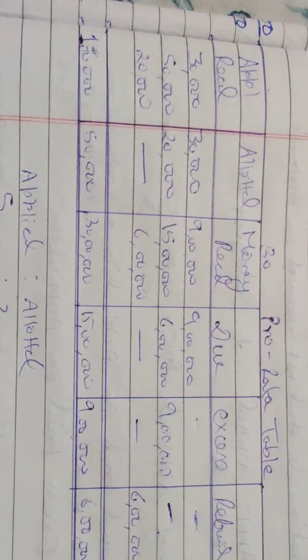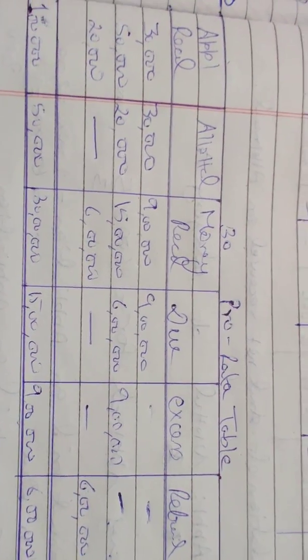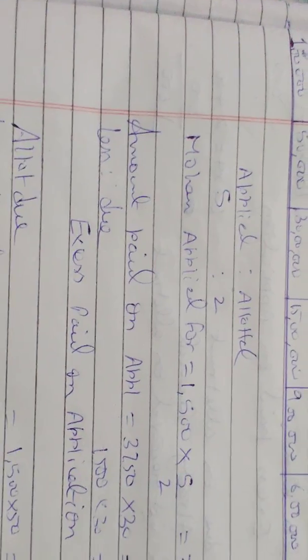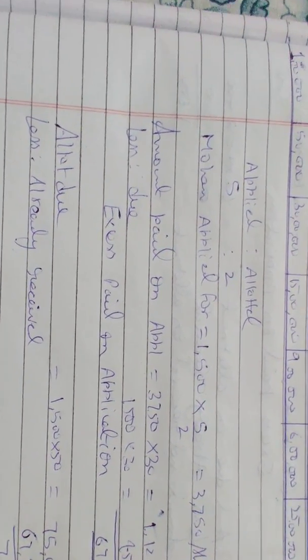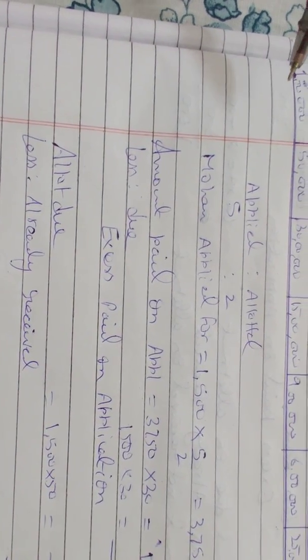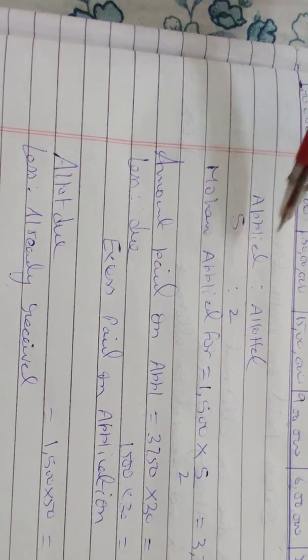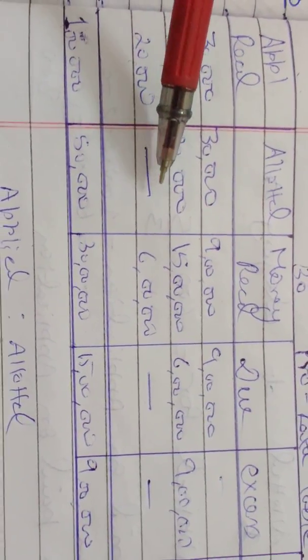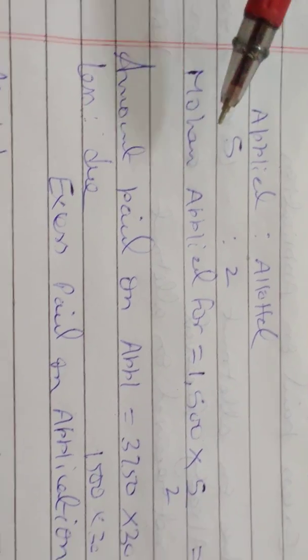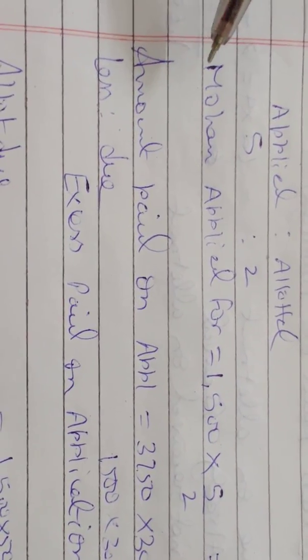Now come to the working notes. We have to calculate the amount not received from B at the time of allotment. So instead of taking the bookish formula, I am giving you a very simple formula. See, the ratio of B category applied to allotted is 5:2. See the table, second column, 50,000 shares applied and 20,000 shares allotted. So the ratio of applied to allotted is 5:2. See. So Mohan was allotted 1500 shares, so we have to find out his application.